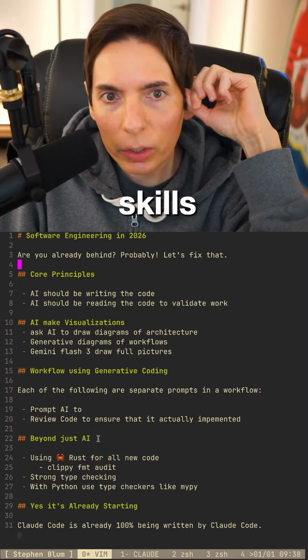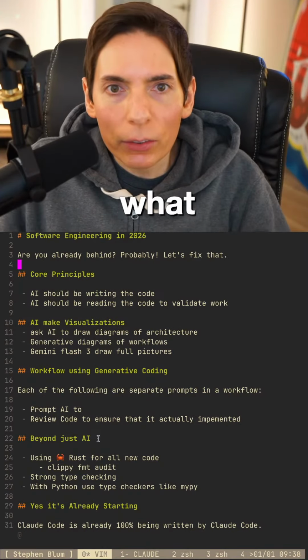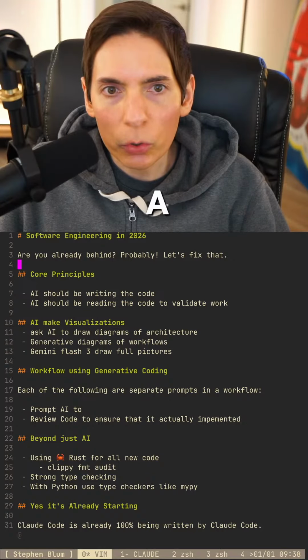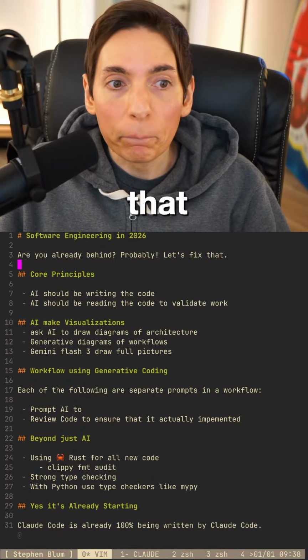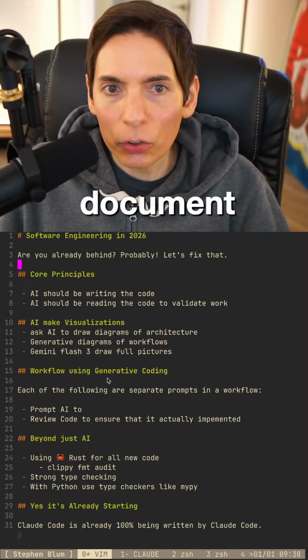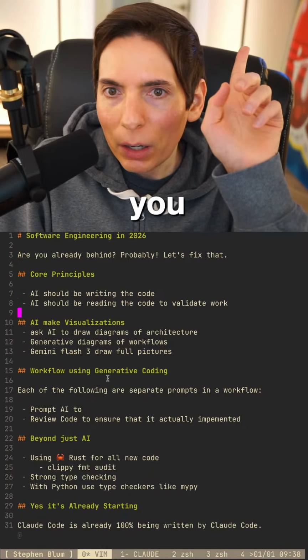Front-end skills, you get learning. Sorry, what about the front-end skills? Use Claude's front-end skills, also get learning on the AI UI new protocols. What is that? I don't even know what that is. Tell me what that is. Documentation is also support. Yes, documentation. Thank you. Beyond just coding.